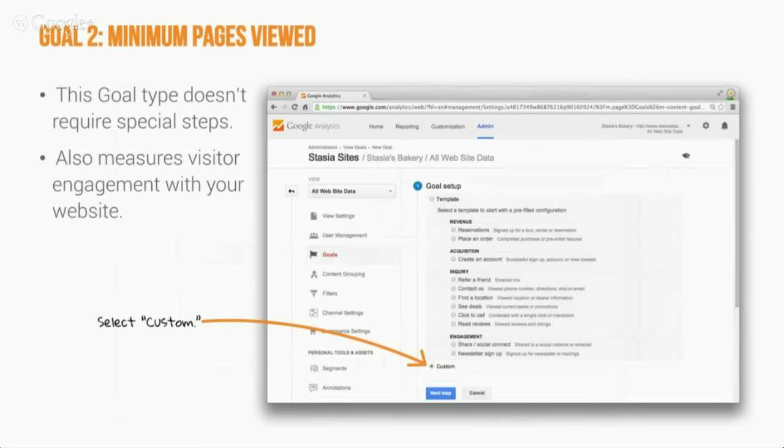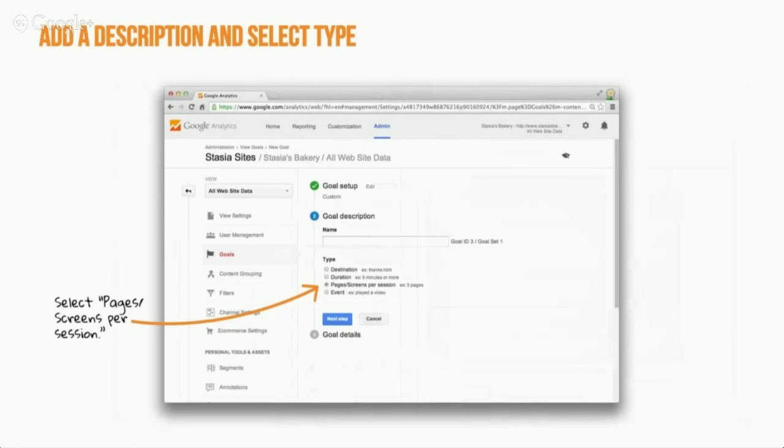The second type of goal you can have is the minimum pages that they viewed. As I said before, if someone comes on your site and they stay there for 10 minutes, and then they go do something else, and then they click on another page, that's not the best visit history that you want. What you want is someone who's come in and they look around quite a bit, or they go directly to the order page if they know what they're coming in to look for. So you can set both of these goals in parallel to get the right answer for you based on the type of business you have. In this case, you look at minimum pages viewed. If you want to set it up so someone has 5 or 10 pages viewed, you just go ahead and click Custom. It doesn't have any special steps. It measures the visual engagement with your site, and select the description. In this case, it's pages. And so you click Pages, say the number that you're looking for, and you go to the next step.